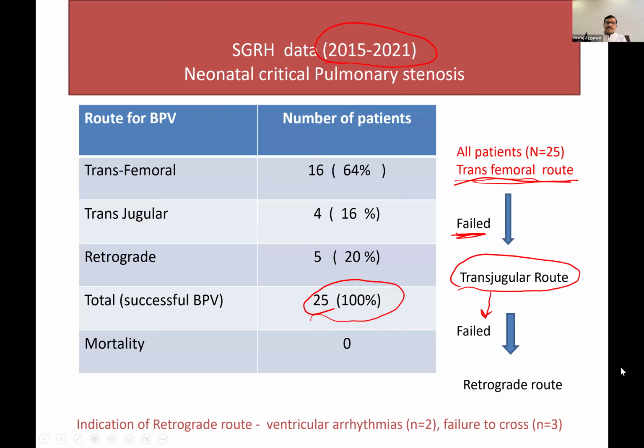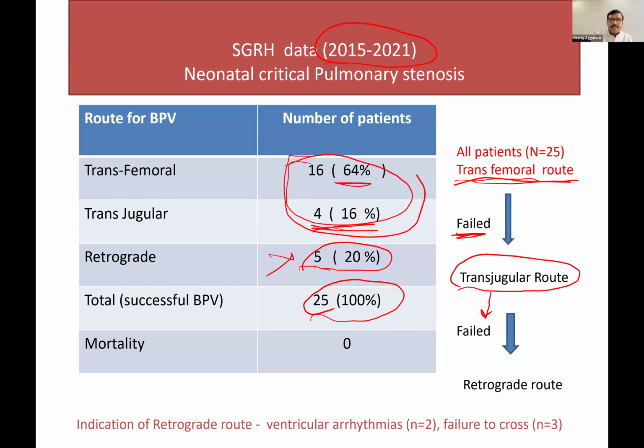Retrograde. It's called retrograde. Out of these cases, 16 out of 25, 64%, we could go through femoral, cross, and do the procedure. Jugular was required in 4 patients, that is 16%. After failing all these attempts, we went through the retrograde route, and 5 patients underwent it. All were successful, but why we were failing in these 4 cases, we're trying to understand. In the 5 cases where we had to go retrograde, we're analyzing our data to understand why we're failing